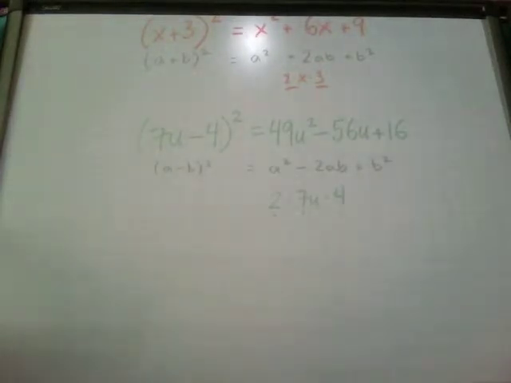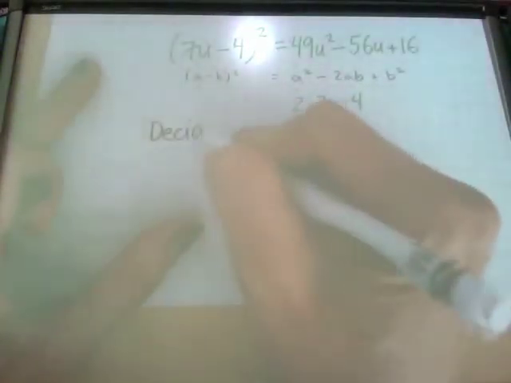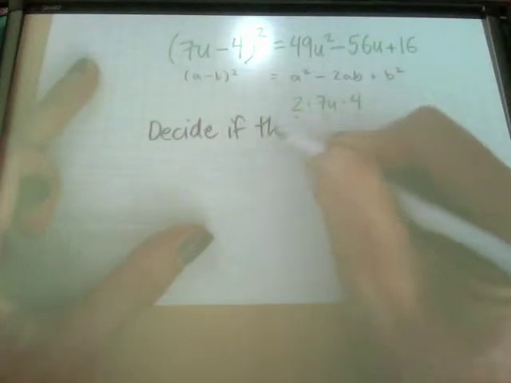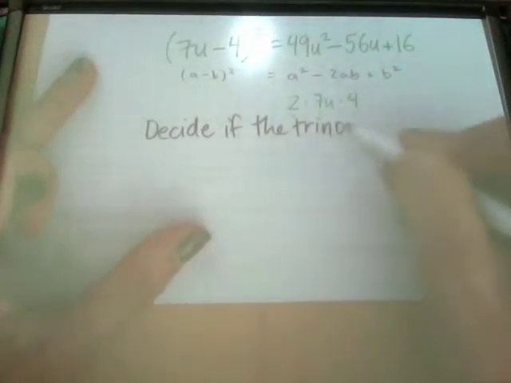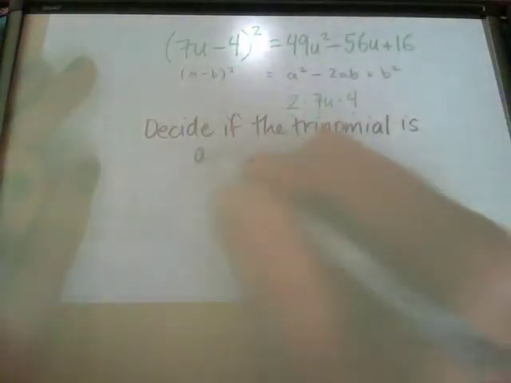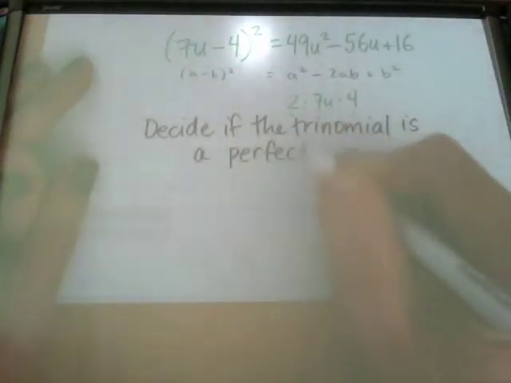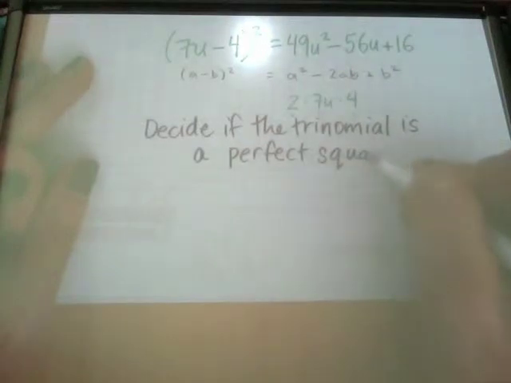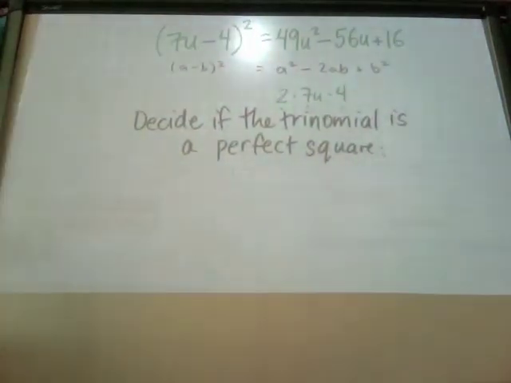Now, here's the real test if you understand the pattern. Let's go backwards. Decide if the trinomial is a perfect square. So basically, what you're going to do here, I'll show you 2 examples of this, is you'll be given something that looks like the trinomial, the end of the pattern. And you have to decide, could this have come from the square of a binomial? First one,